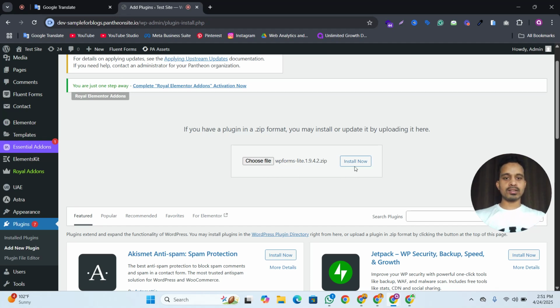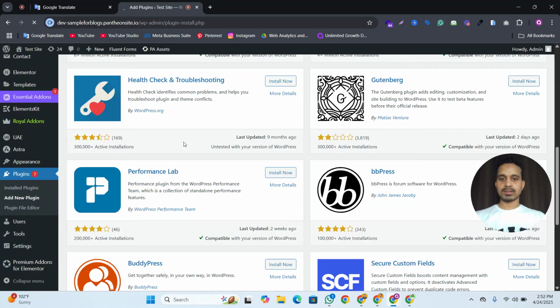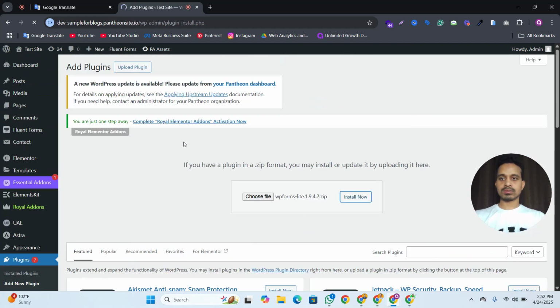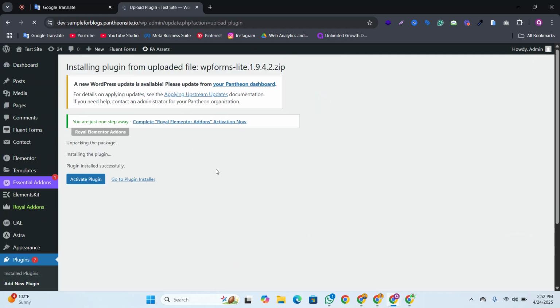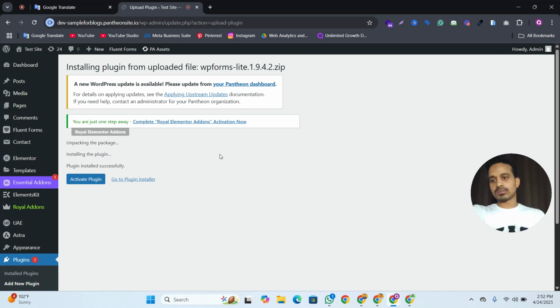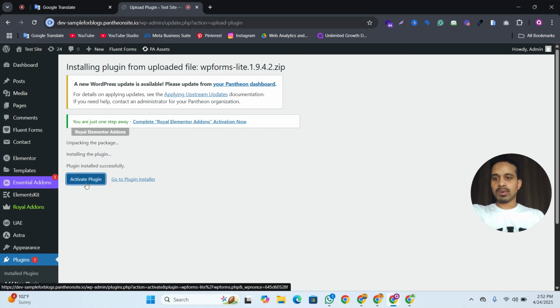To install the plugin, click on Install Now, and after a few seconds it will be installed. The plugin is installed successfully. To activate the plugin, click on Activate Plugin,